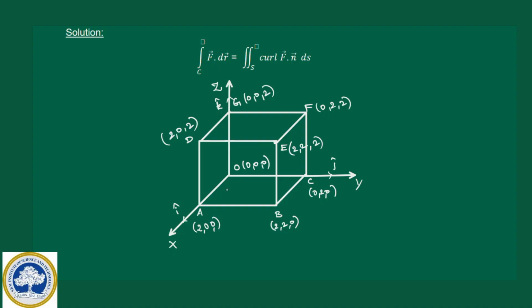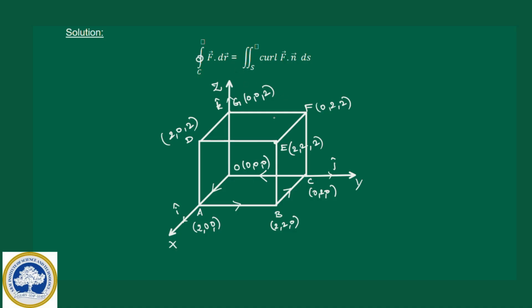That is the front part, back side, left, right and then top. So we have to consider all these 5 surfaces except the bottom. Since the bottom is kept open, the curve will be in the form of a square. We have to consider the direction anti-clockwise, and this is the closed curve C. This will be helpful while evaluating the left hand side part, line integral over C f dot